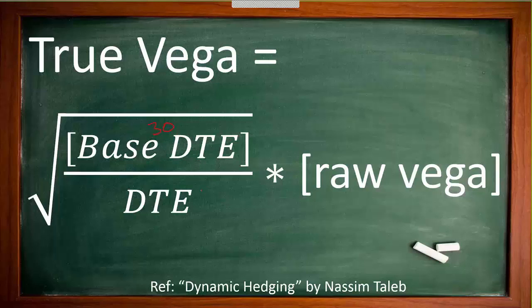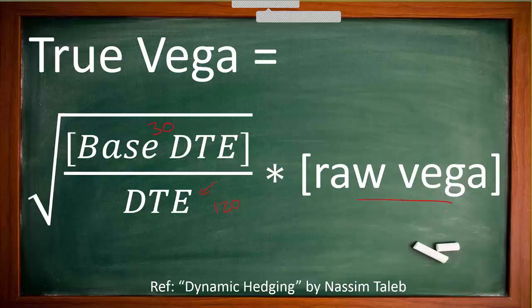This DTE here is the date to expiration of the option that you're actually looking at, okay? So, you look at each individual leg. So if the long leg of your calendar is 120 days out in time, then it would be 30 divided by 120. Okay? Then we're taking the square root of that ratio, and then we're multiplying that result by the